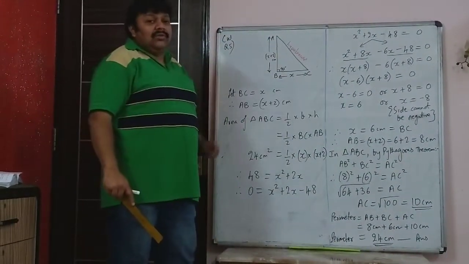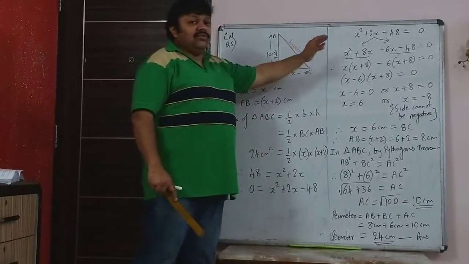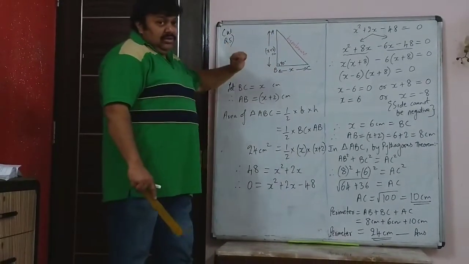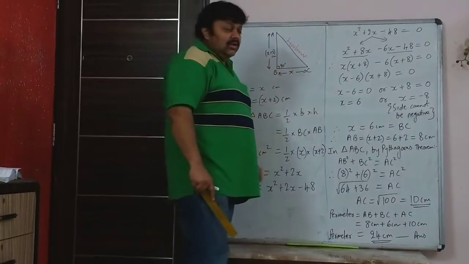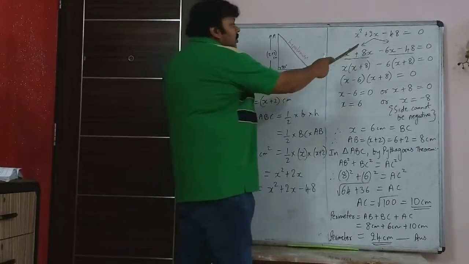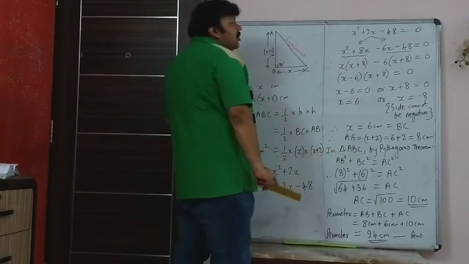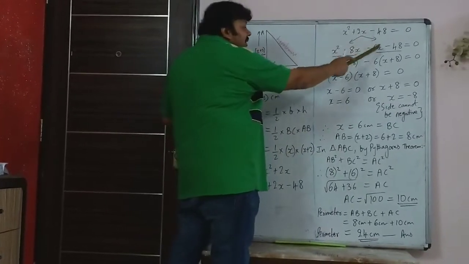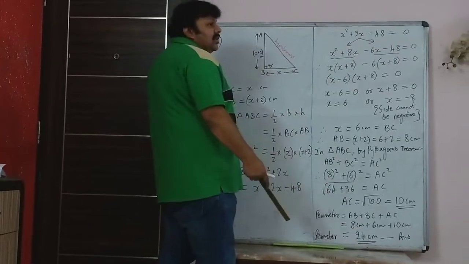Now this reminds you of factorization, which we have done. It was done in 9th, and it was done again now. In 8th also it was done, 9th also we did. So here what do we do? The middle term you have to split. And how do you split the middle term?